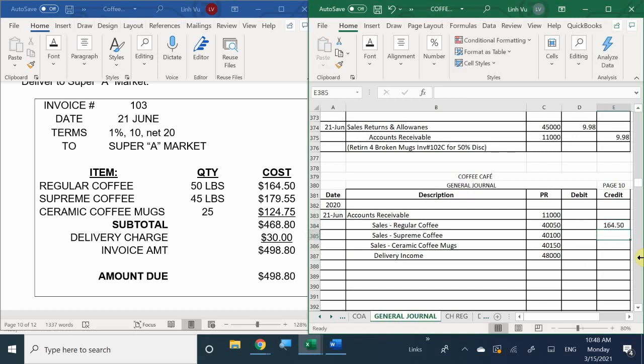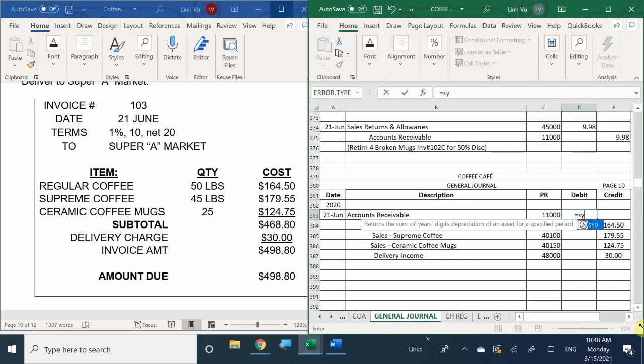What about the Supreme coffee? 750. And the coffee mugs? 125. And then lastly, how much was the delivery charge? $30. So in grand total,